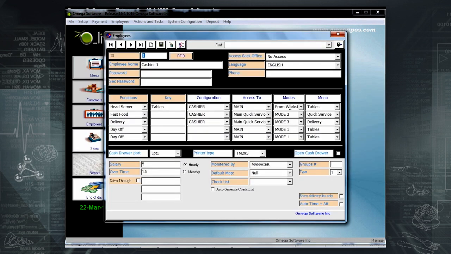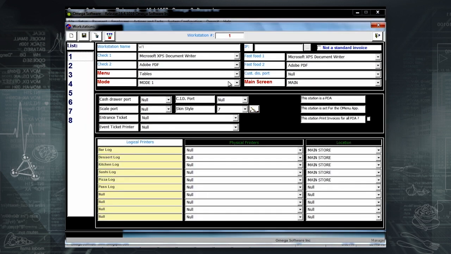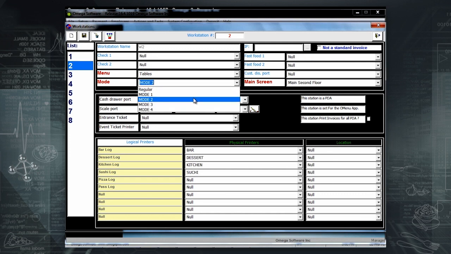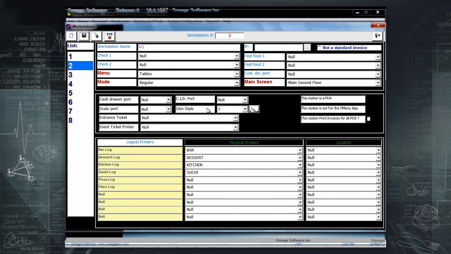Make sure Regular is selected under Modes for the employees. Also, if From Workstation is selected, inside the workstation, specify, for example, that on the first floor, Mode 1 is always adopted, and on the second floor, Regular is adopted, which means that only on the second floor there is